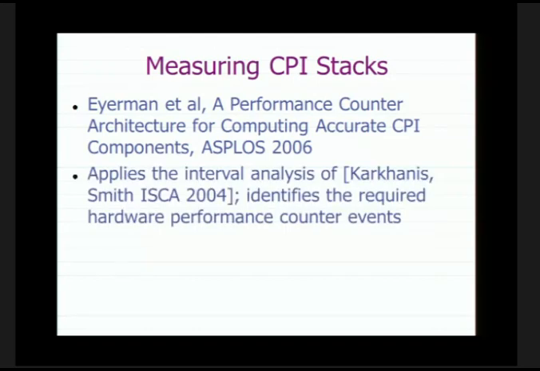And what this paper essentially does is, it applies the interval analysis of Karkhanis and Smith. If you think about what Karkhanis and Smith are doing, they are looking at the execution time of a program as intervals, each of which ends with one of these miss events. So there's some time of being in the steady state IPC, and then there's a miss event which causes the IPC to drop. So they view the lifetime of the program execution as being made up of such intervals. So that's referred to as interval analysis. So by using something similar to what Karkhanis and Smith did,